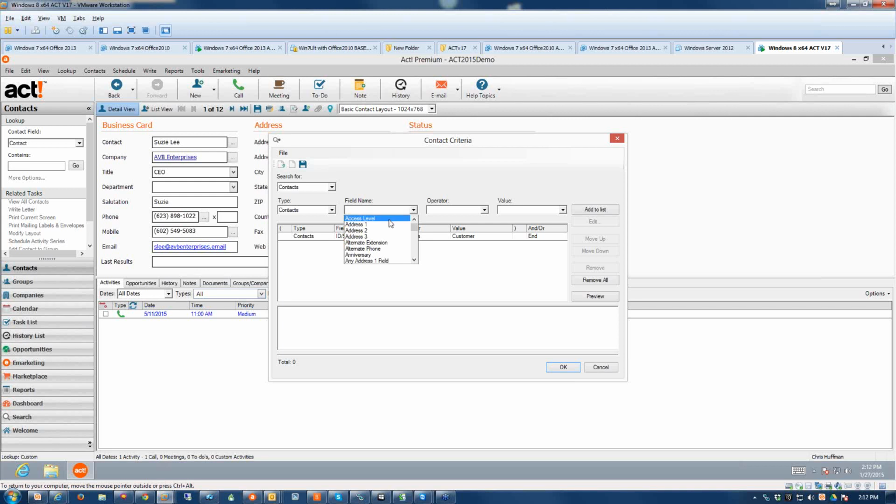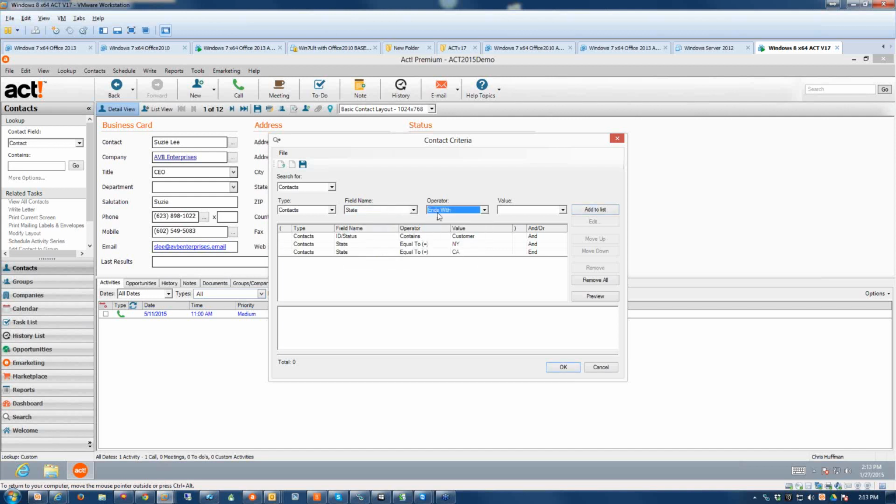So for example, I might say that the state field equals NY, add to list, state field equals CA, add to list,